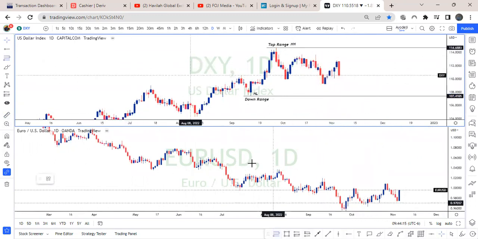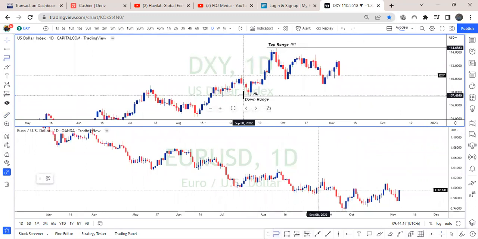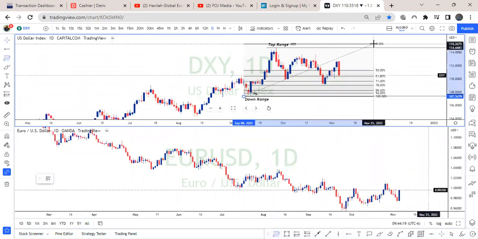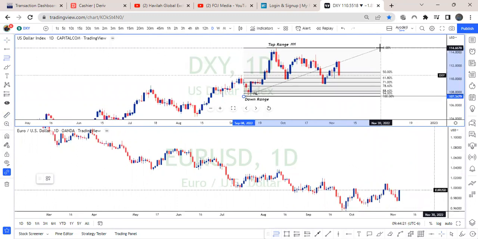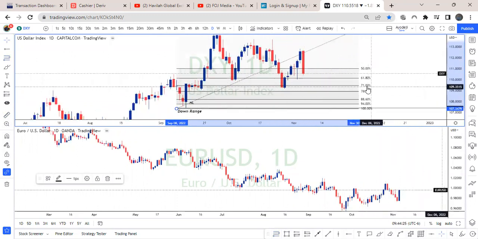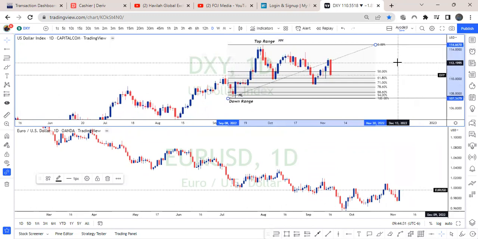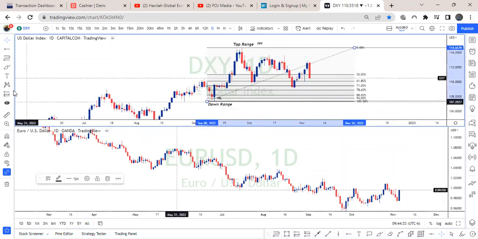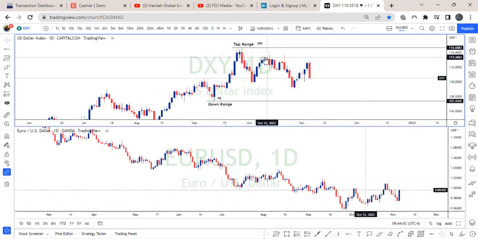Why? Because price has already tanked below the 50% of the whole swing. See, price came to how many percent? Price came even to 71, almost tapped 78%. So it's okay for price to turn from where price is now. That's the DXY. However, where do you think price is likely to turn back from exactly?